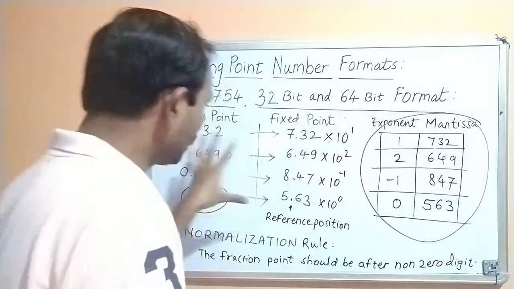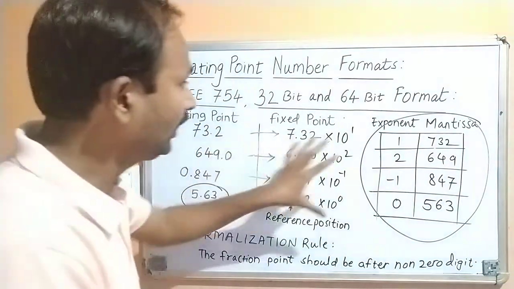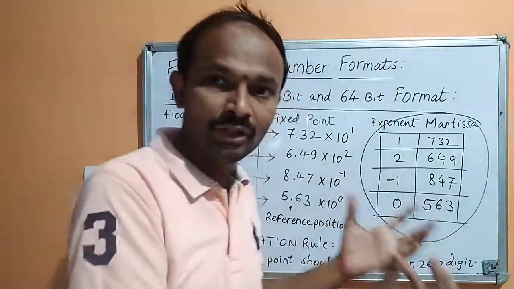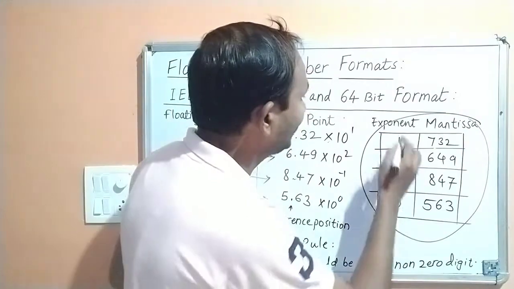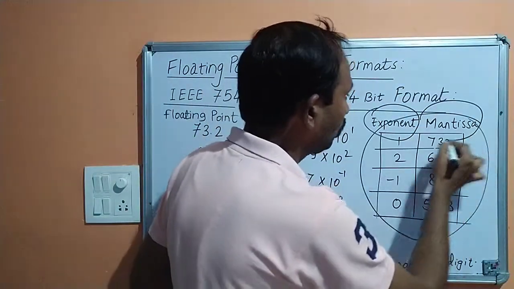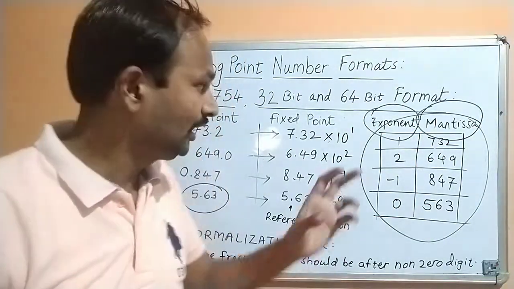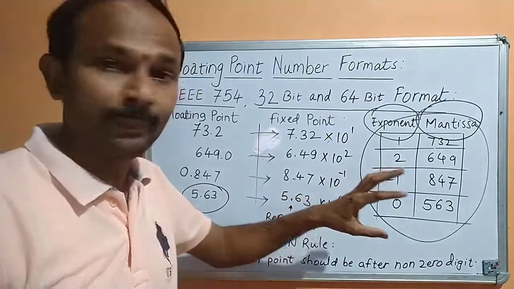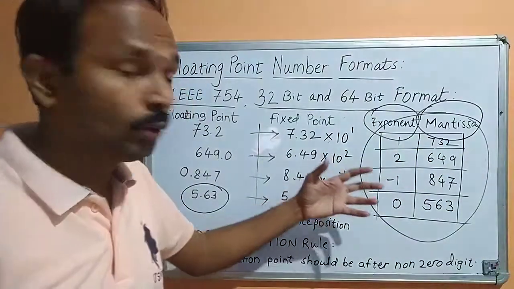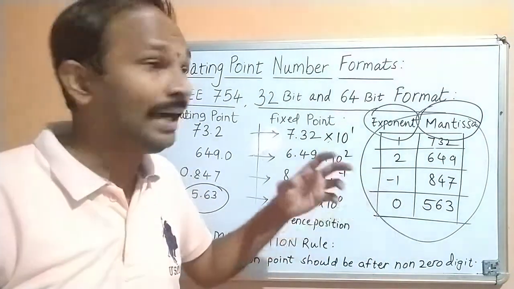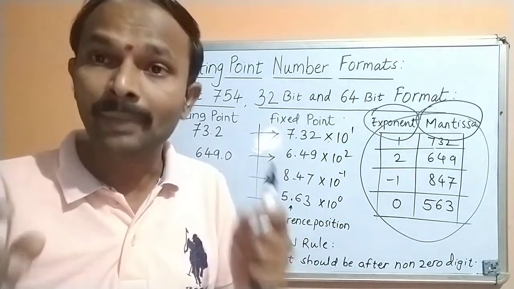So this data the computer will not have. This is for our understanding, right? So the computer finally will actually have such kind of data, right? So these values are known as exponents. These values are known as mantissas, right? So with these many examples, the idea of representing numbers in mantissa and exponent might be getting clear to you. And now we will apply the similar technique for binary numbers, because we know inside the computer system all the data is stored in the form of binary values.